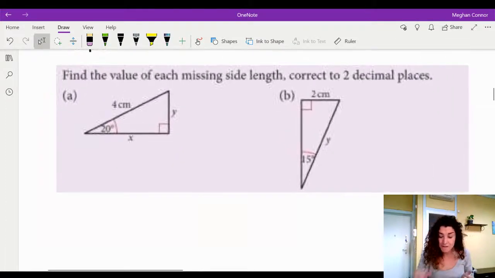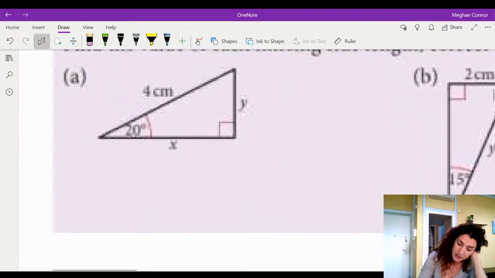Example 2, we're going to find the value of each missing side length correct to 2 decimal places. We have x and y here. We have an angle, it's a right triangle, and we have a hypotenuse. So if I wanted to solve for x,